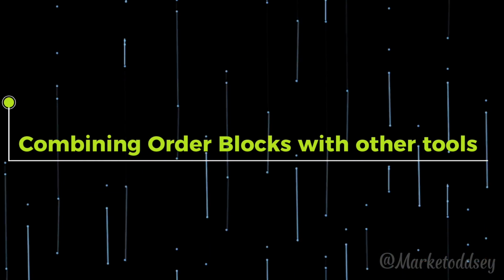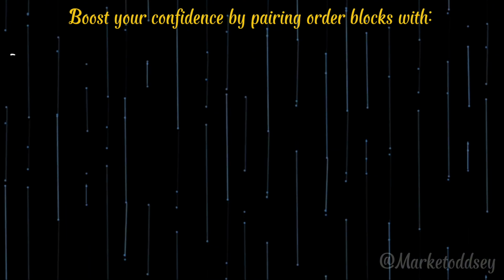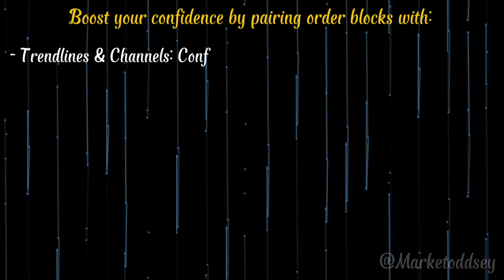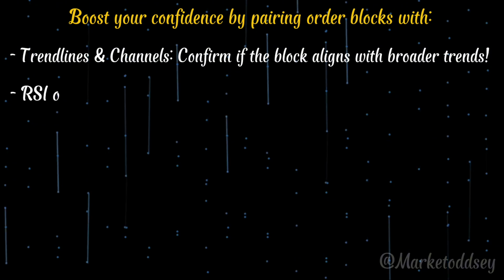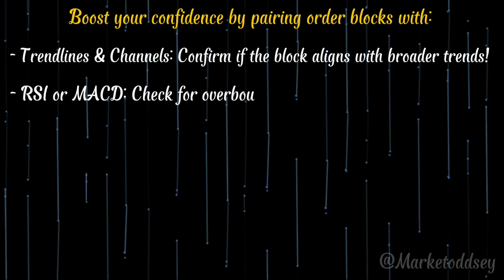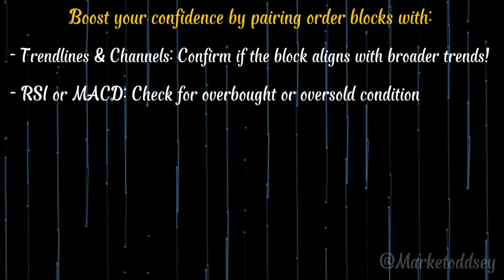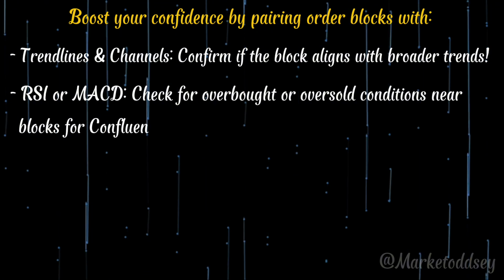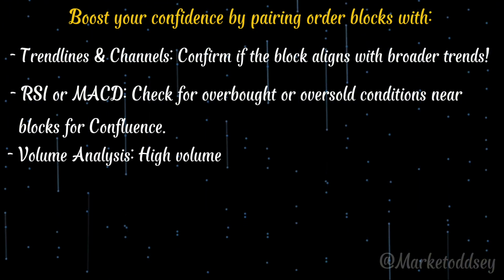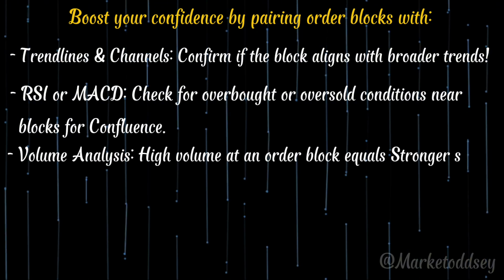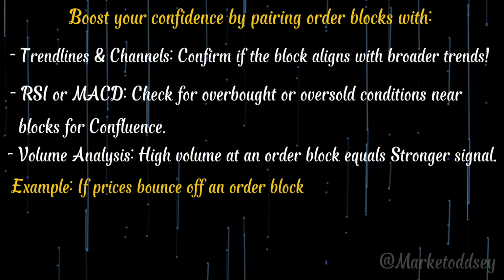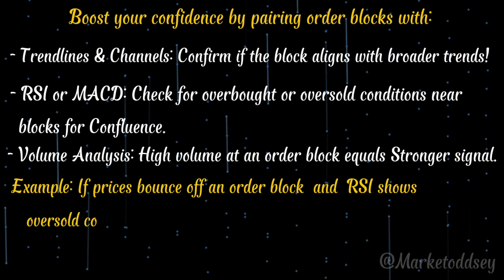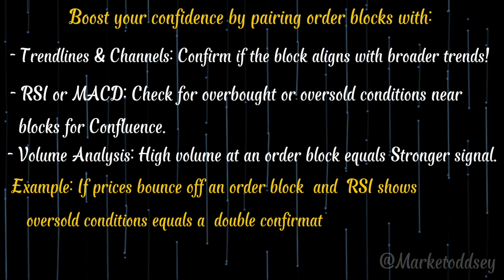Combining order blocks with other tools. Boost your confidence by pairing order blocks with trend lines and channels. Confirm if the block aligns with broader trends. RSI or MACD. Check for overbought or oversold conditions near blocks for confluence. Volume analysis. High volume at an order block equals stronger signal. Example. If prices bounce off an order block and RSI shows oversold conditions, that equals a double confirmation for a long